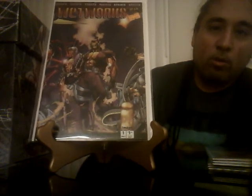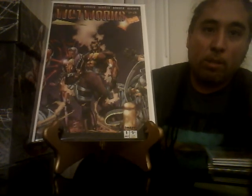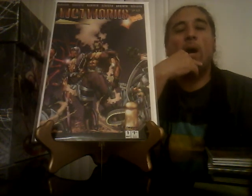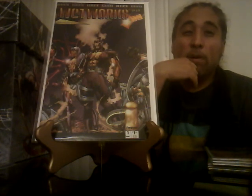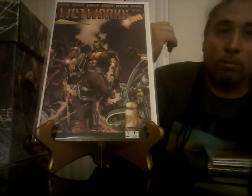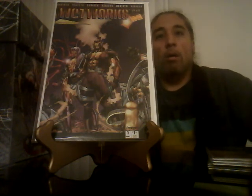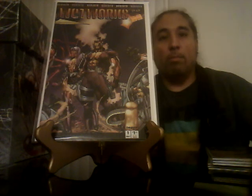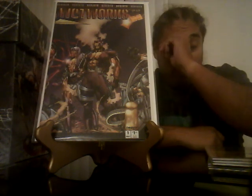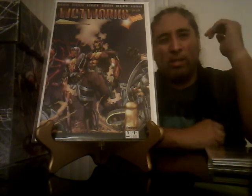Love this art. Oh man, I love this art from Image Comics. This is not their first appearance though, but it's in Wildcats #2, if I remember correctly. Wildcats #2, yeah, is their first appearance. I think it's a preview, but this is their first issue run of their series. Great art, great man. I used to collect this book, and I collected it all the way to I think number